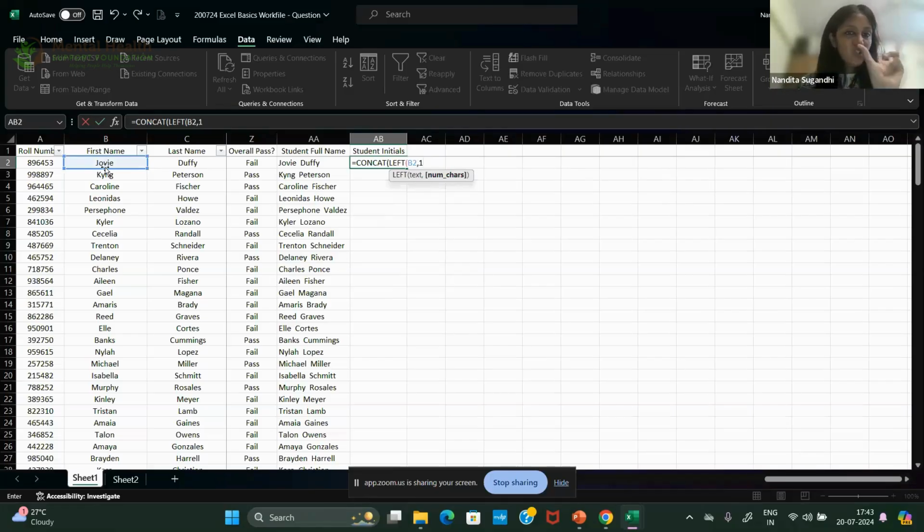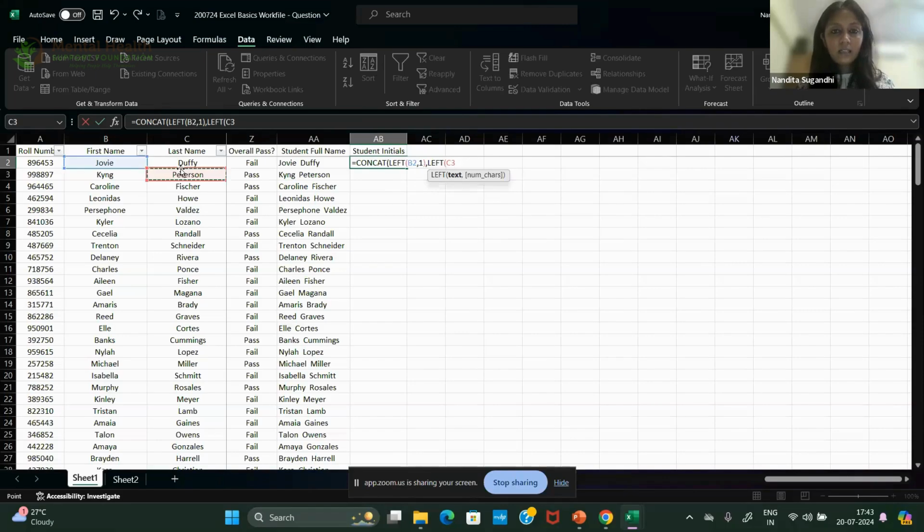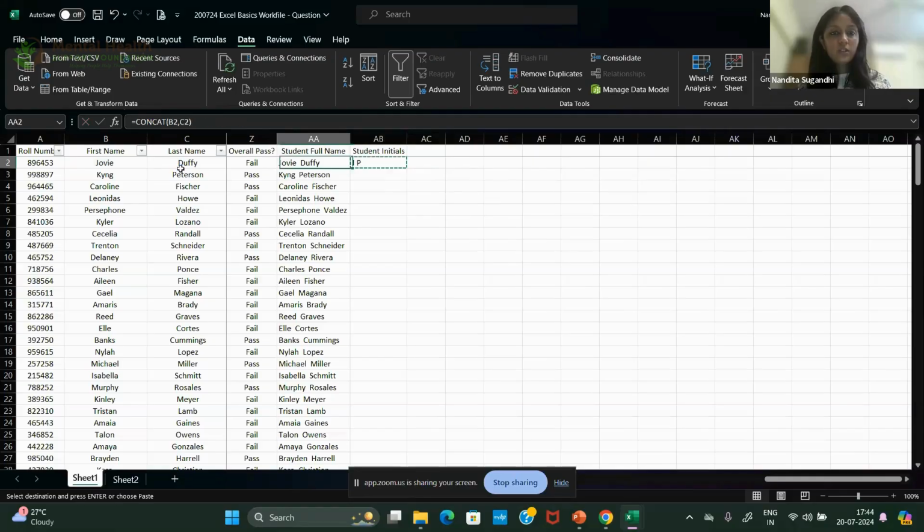So select which cell or which string, select the number of characters you want to get, and close it out. Again, left, text, and then number of characters, I'll put a 2 here because I know that there is a gap in between.